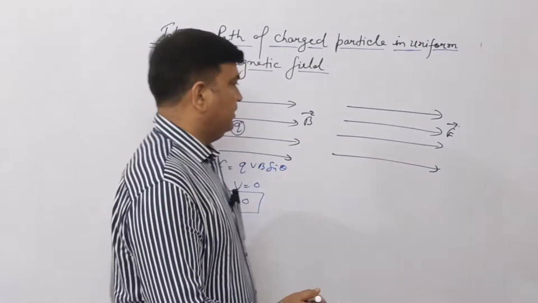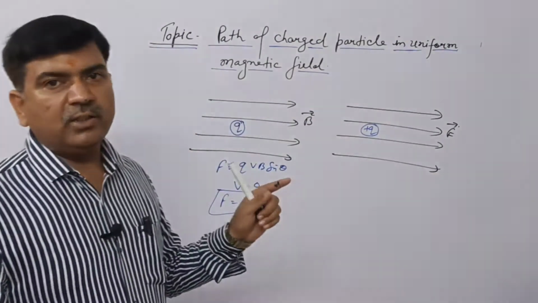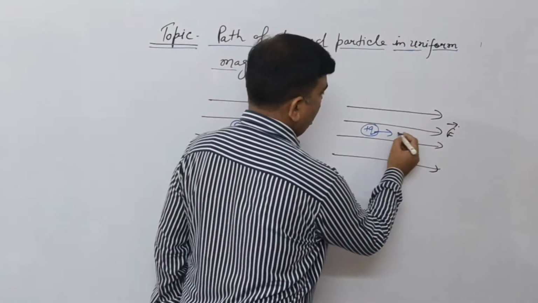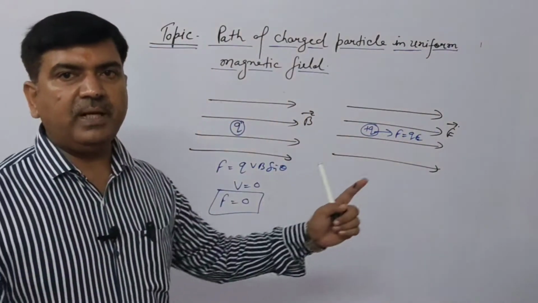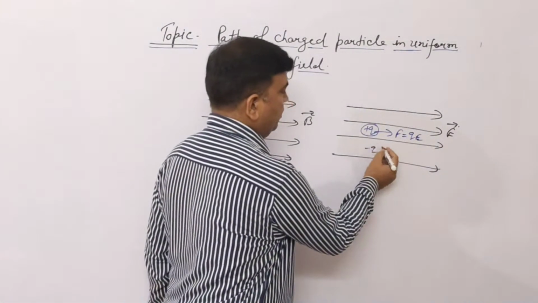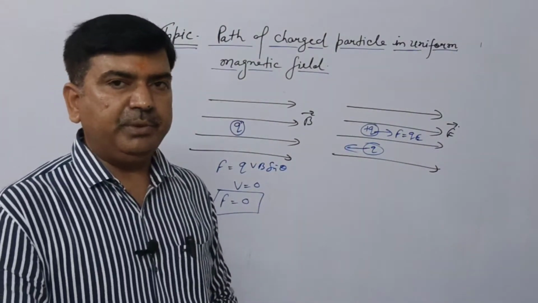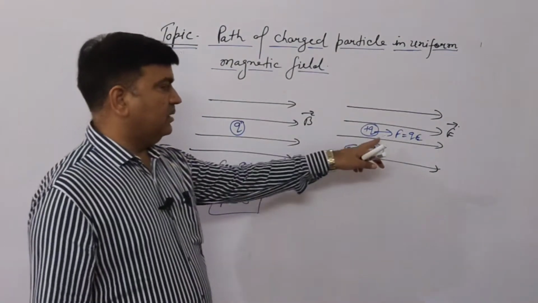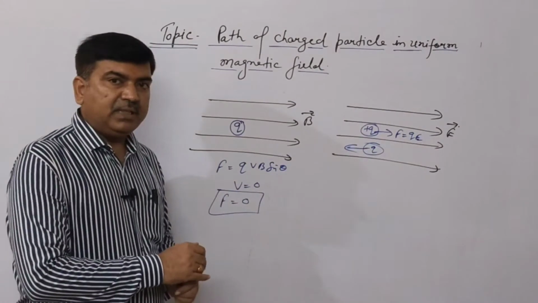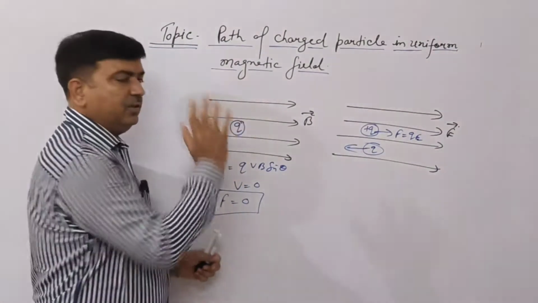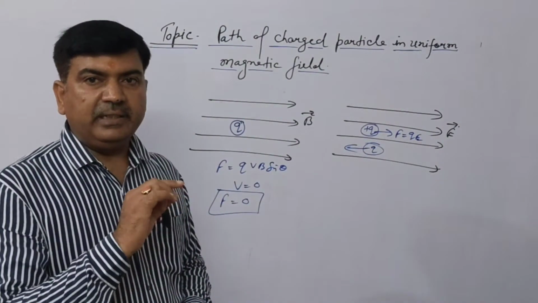But inside the electric field, suppose the charge is kept inside the electric field, then the force is applied on the charged particle in the direction of the electric field. F equal to qE is the magnitude of the force, in the direction of the electric field. And if a minus q charge is given, then the force is applied in the opposite direction, with the same magnitude F equal to qE. And in this case, the path of the charged particle is a straight line, everyone knows. But inside the magnetic field, if the charge is kept stationary, no force is applied on the charged particle, that means the charge is in rest position.